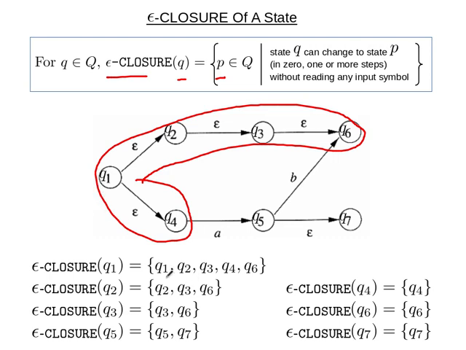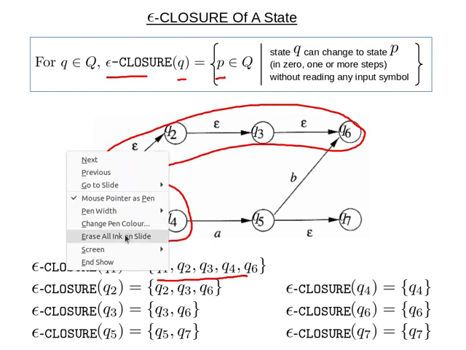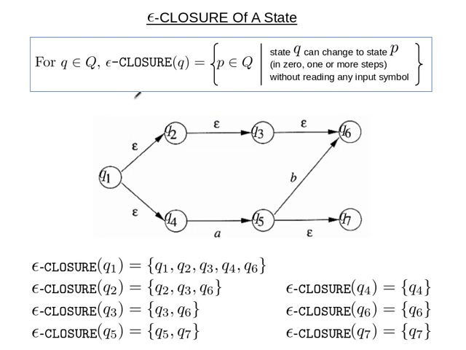But suppose we are trying to find out the epsilon closure of Q2. Then you can see that without reading you can only be here with 0 steps, right. We have this 0 many steps here, and with 1 step you can go here, right. These edges are directed, so you cannot go in this direction, right. So epsilon closure of Q2 will be just this and this,